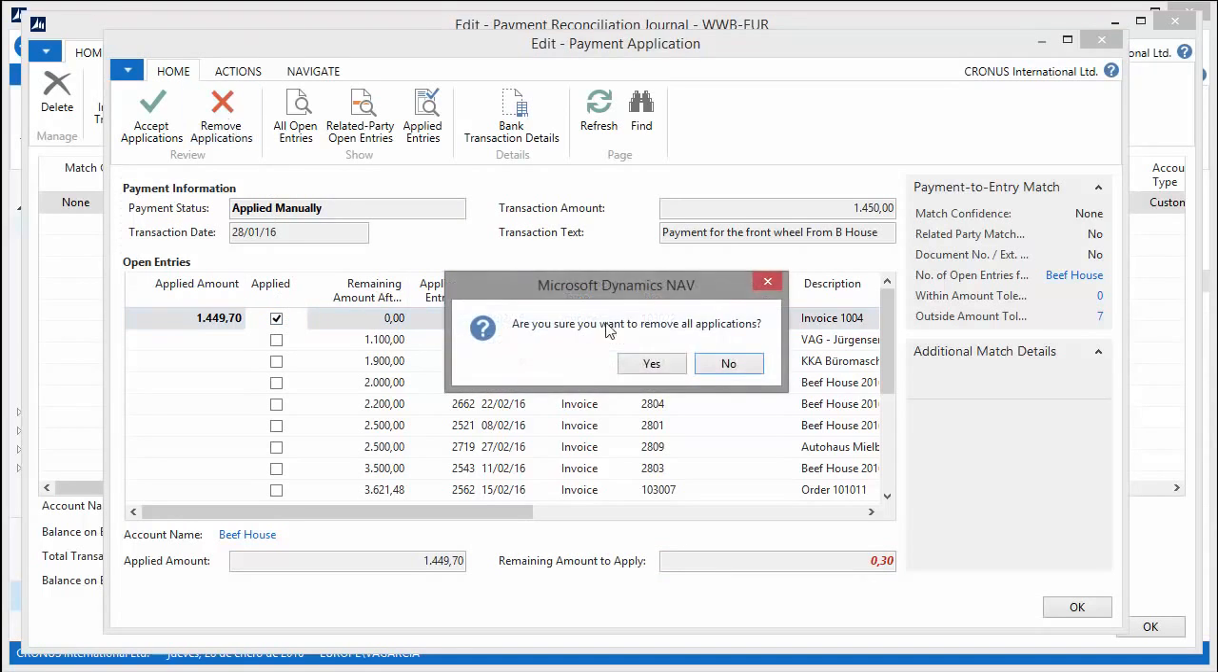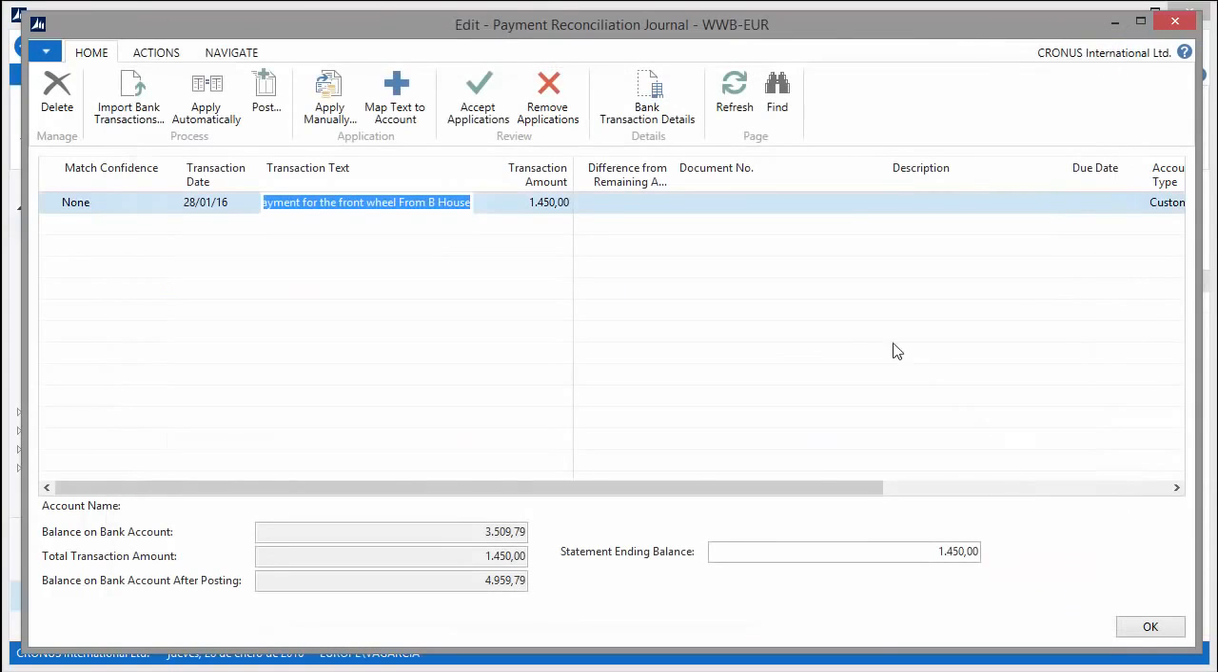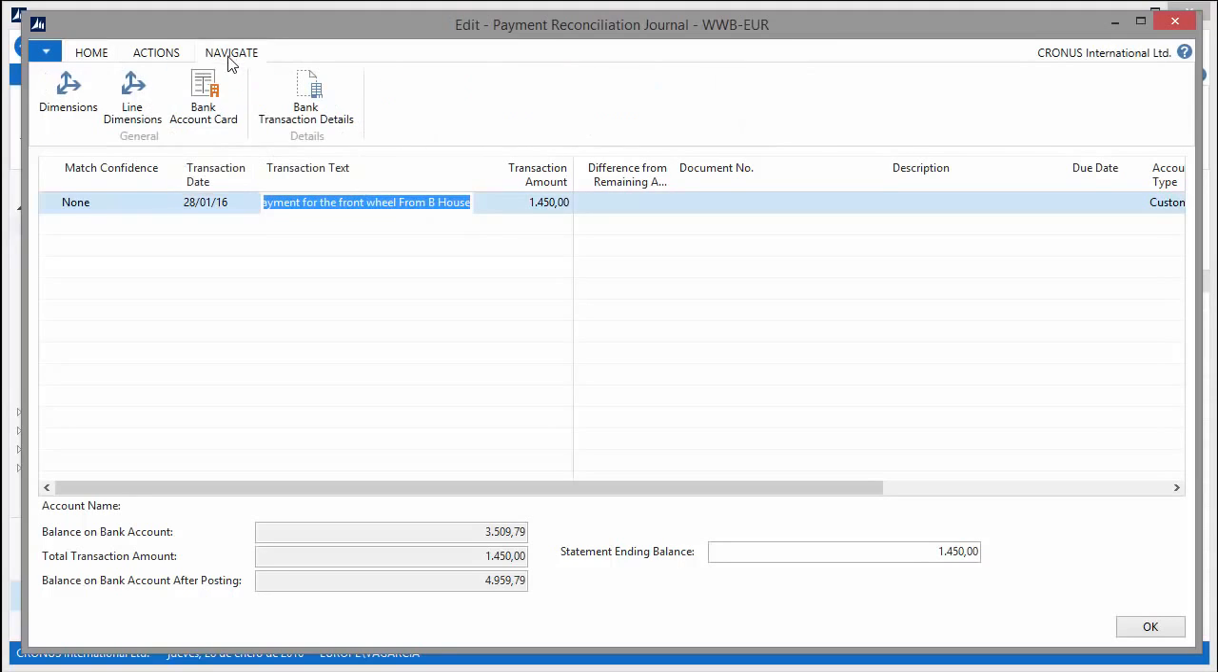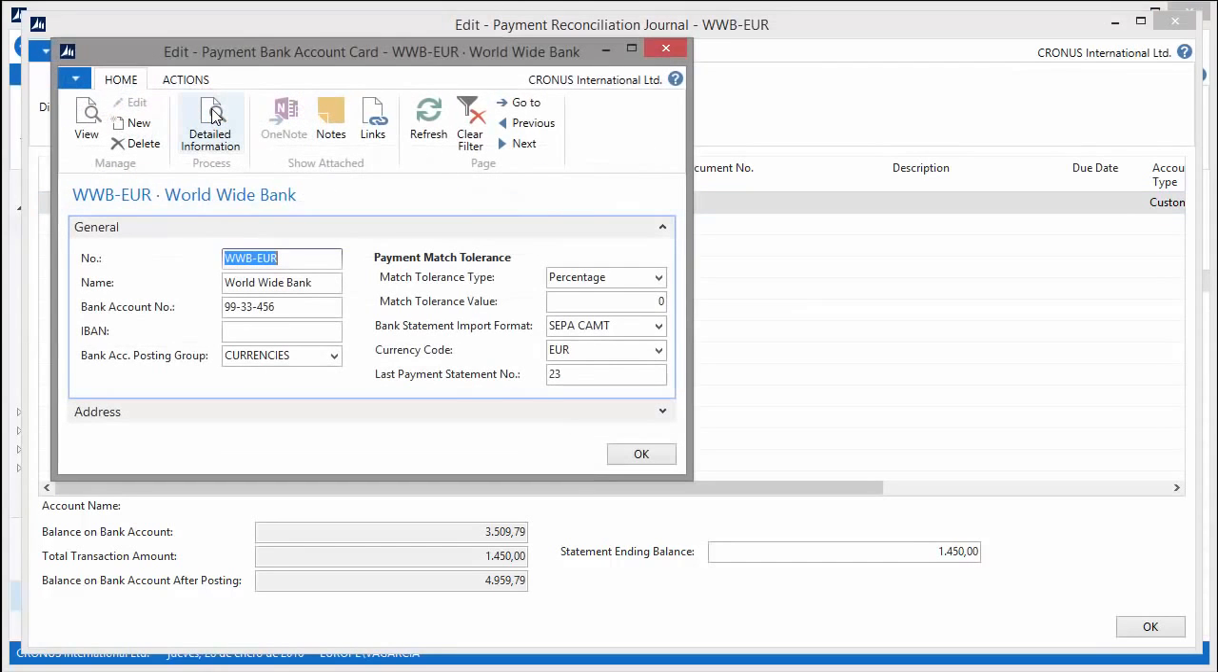Let's remove the application and see what can be done in order to achieve the same automatically when using the Apply Automatically button. For this, you can take advantage of the Payment Match Tolerance functionality. To do that, you just need to go to Navigate and select the bank account card. There, you will see a section for Payment Match Tolerance. You just need to set up the fields Match Tolerance Type to Amount and Match Tolerance Value to 0.5 euros